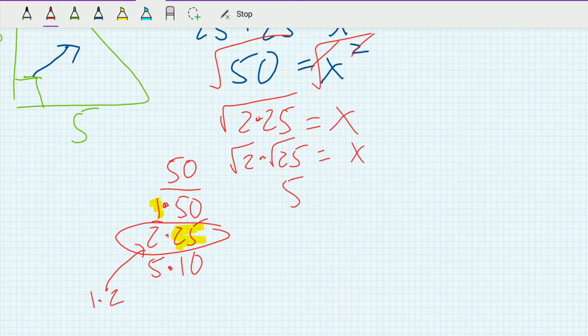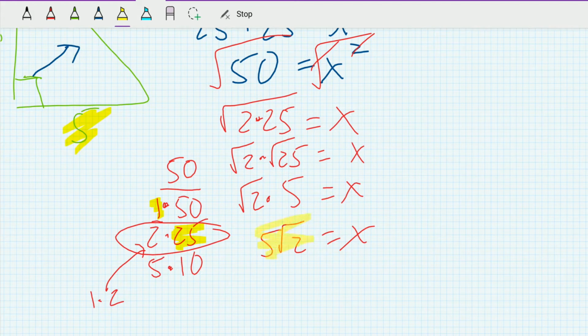And then this ends up becoming 5. Remember, I draw the little dot because I need to know that it's separate, but it's still being multiplied, okay? But the 5 does not fall in between or inside the square root with the 2. So it'll be 5 square root 2 equals x, and that's my answer. So for side length 5, my answer is 5 square root 2,